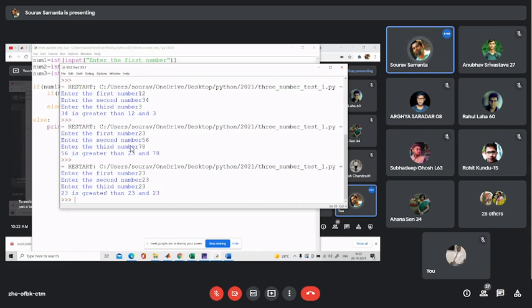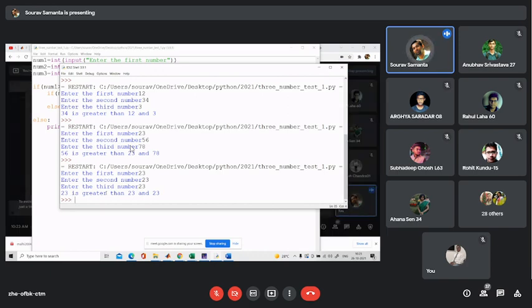But you take here the example that whenever I am giving three equal numbers, our output is not correct. So from the testing point of view, when we are performing unit testing, we have to check whether, whatever the combination may be, my module is working properly or not.